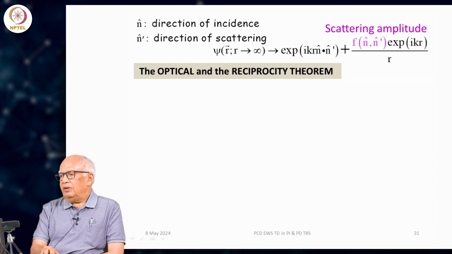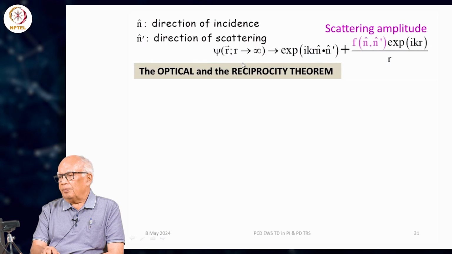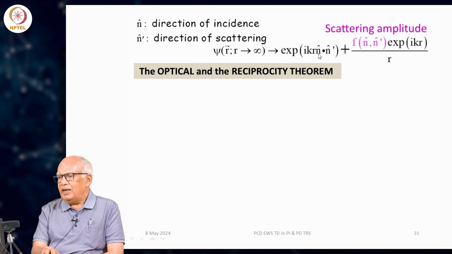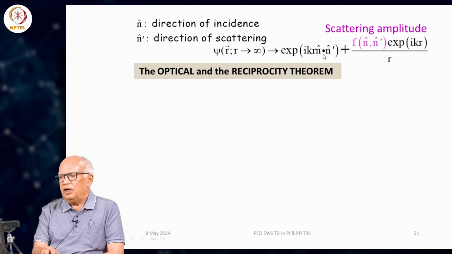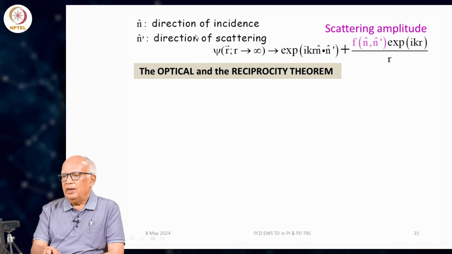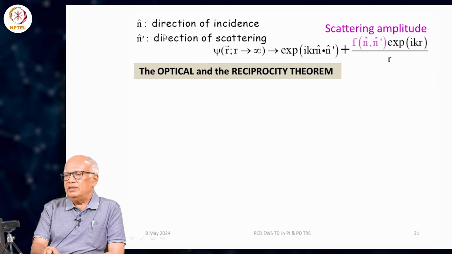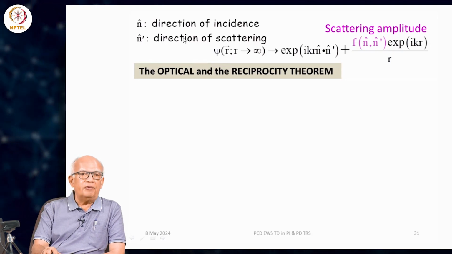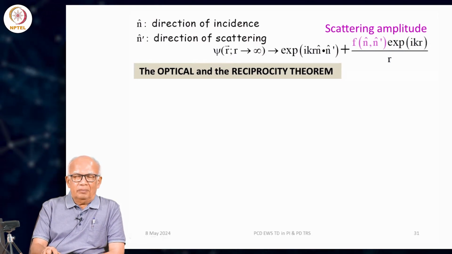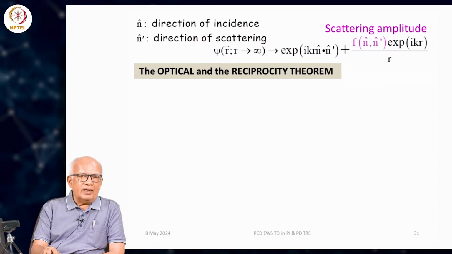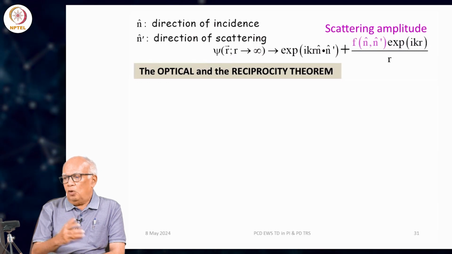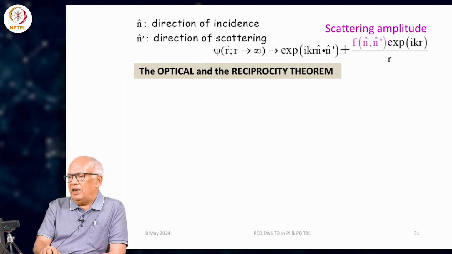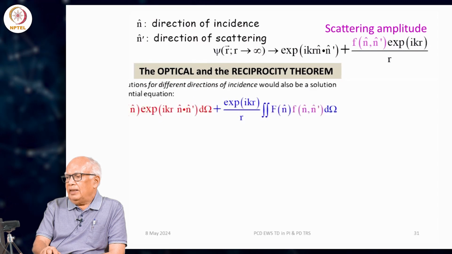I write this solution now in a slightly different form. The cosine theta I write as the scalar product of two unit vectors n and n prime, with n denoting the direction of incidence, and n prime denoting the direction of scattering, because there is nothing special about a z axis, it is just one of those. So, I write it in a more general sense in terms of n and n prime,